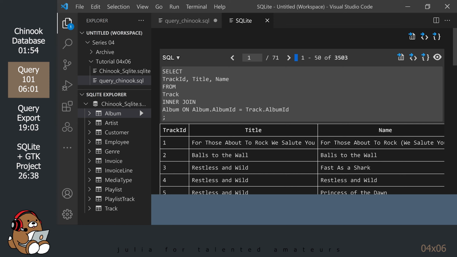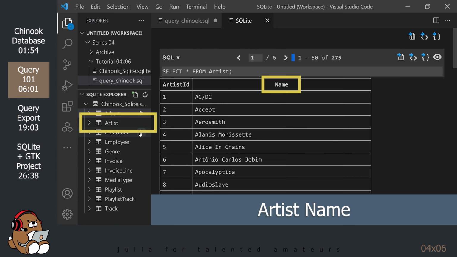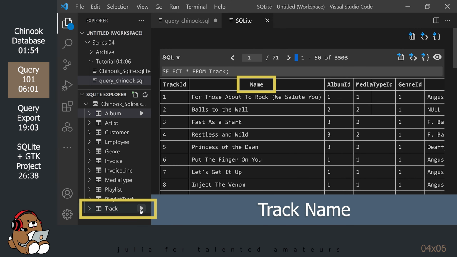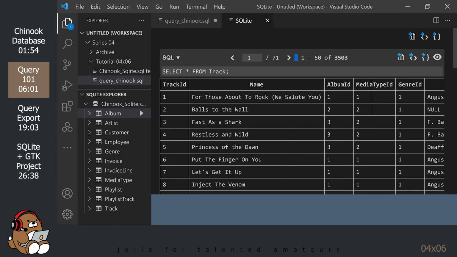Whoever set up this database decided to use the column header called name in the artist table, the genre table, and the track table, but they've referred to different names. When setting up a new database, you should avoid using column headers that will conflict with column headers in different tables. Here, the column header called name will lead to confusion if you're trying to join these tables.